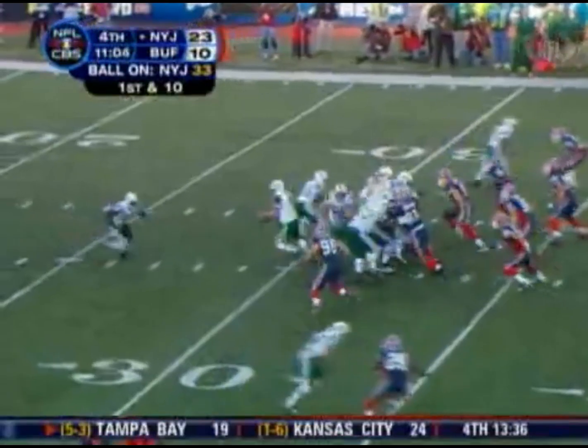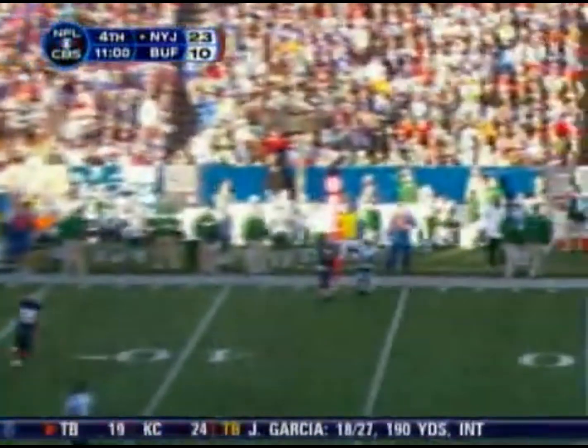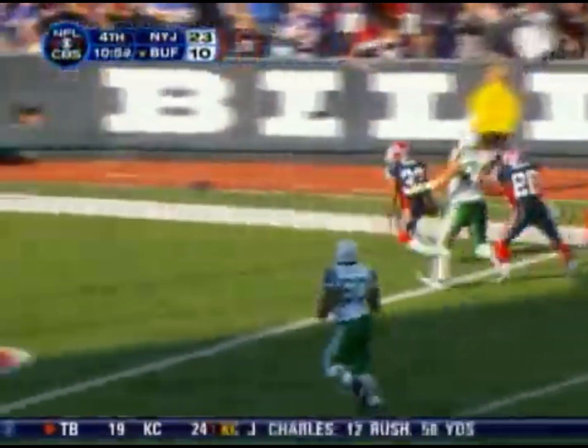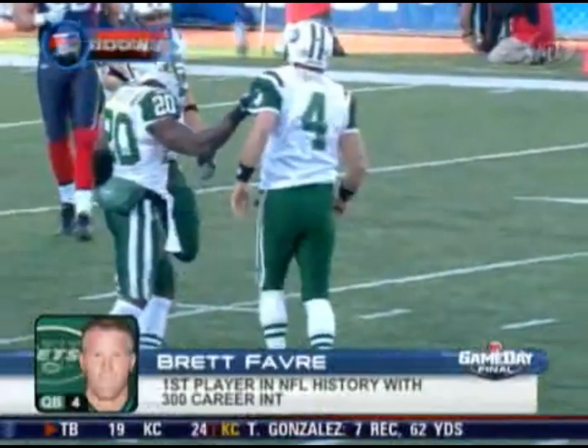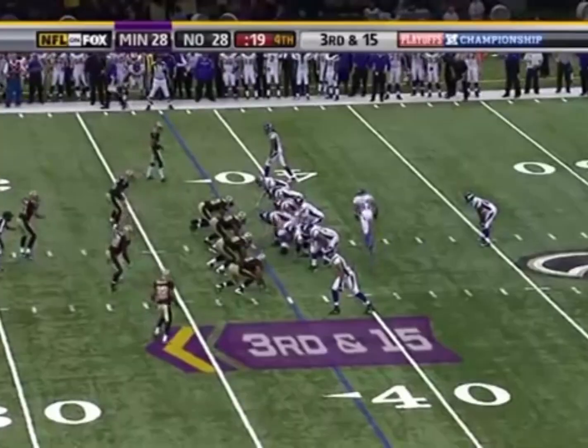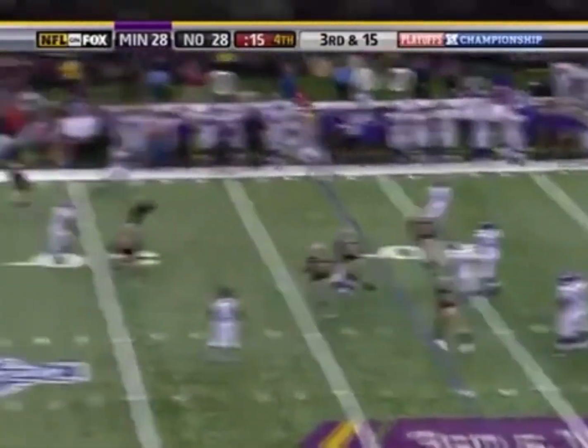Ryan Lindell missed field goal. The Jets have the momentum, and then it's suddenly wearing a blue shirt. Oh, jeez. Jabari Greer with a pick 6, second pick 6 against Favre in as many weeks. Favre, the first player with that pick to throw 300 career interceptions. Well, you hit a home run, you usually strike. Ryan Longwell instead of a 51-yarder, meaning Brett Favre needs more yards, and he tries to get it by throwing